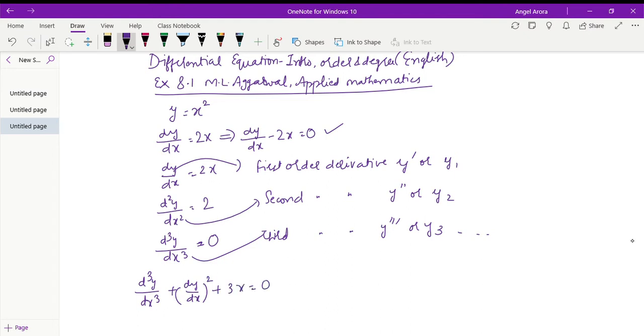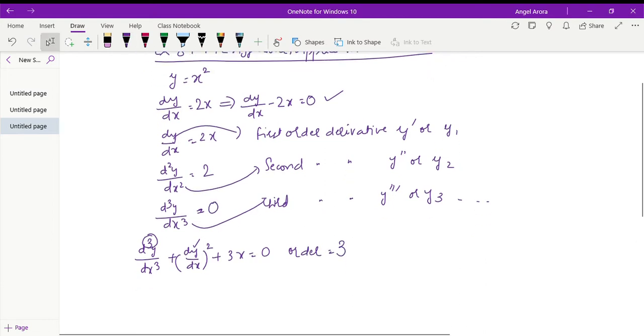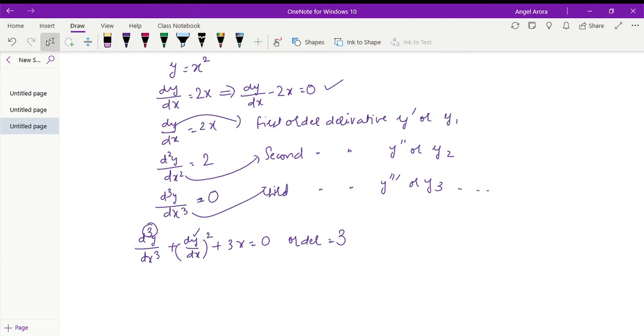Suppose this is the differential equation. So what is the highest order derivative? This is the third order derivative. This is the first order derivative. So the highest order derivative in this equation is of third order. So the order of this differential equation will be 3. It's so simple. We just have to find the order of the highest order derivative